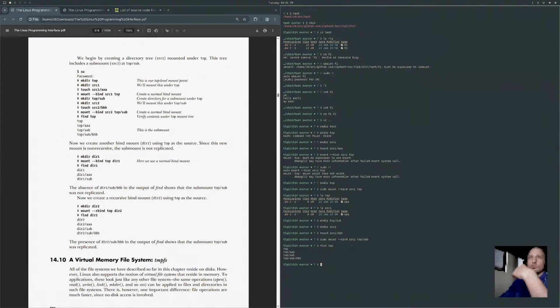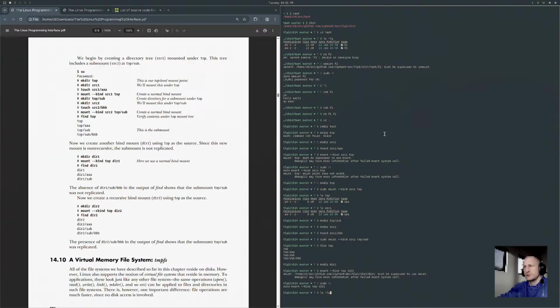Okay, now we create another bind mount, dir1, using top as a source. Since this new mount is non-recursive, the submounts are not replicated. So we then mkdir dir1, and we sudo mount --bind top dir1, and this should have nothing in it.